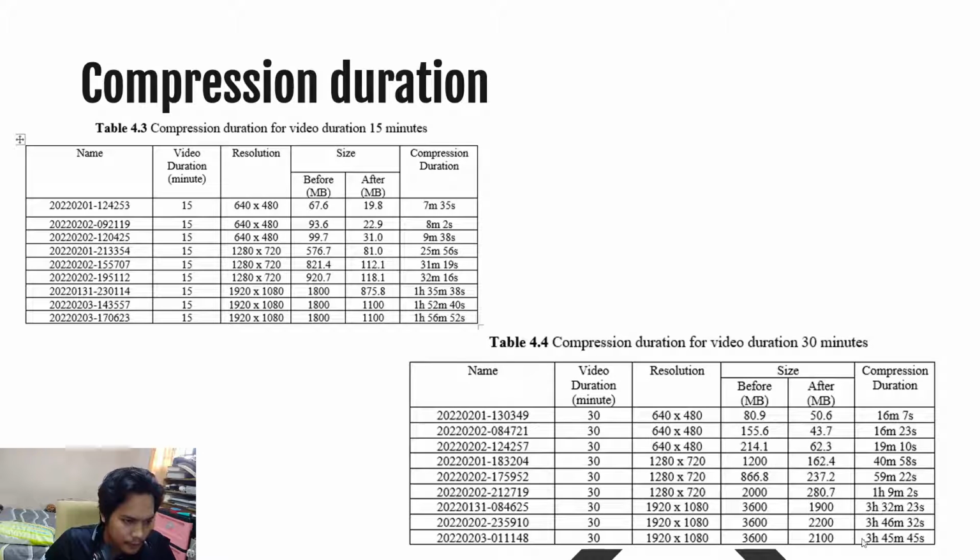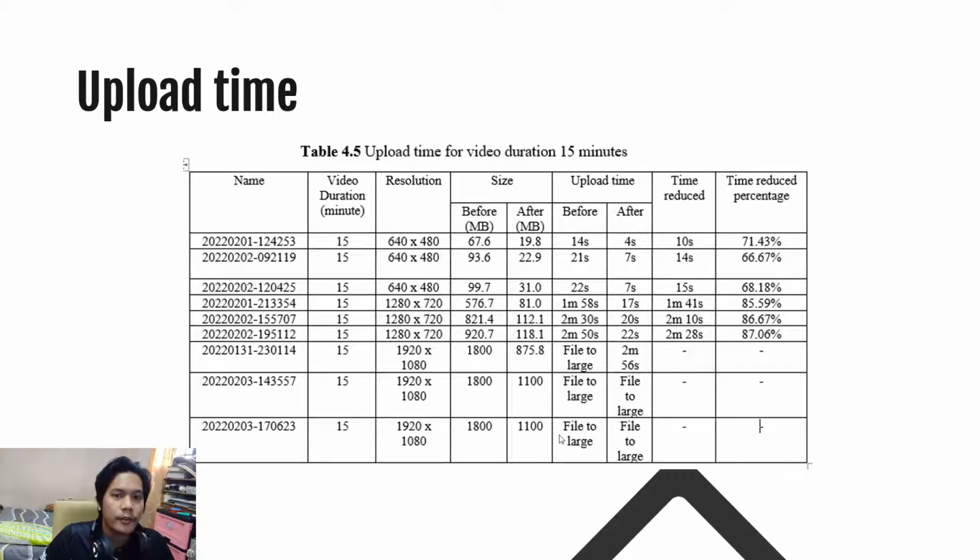So you can see here, and so we move on to the upload time. With the help of video compression, it can reduce the upload time of the files. Let's see, on 480p before this, the size was 67.6 megabytes, so the upload time before is 14 seconds. After the compression, 19.8 megabytes, the upload time is only 4 seconds, which the time reduced is 10%,